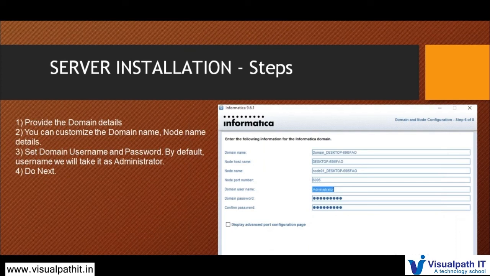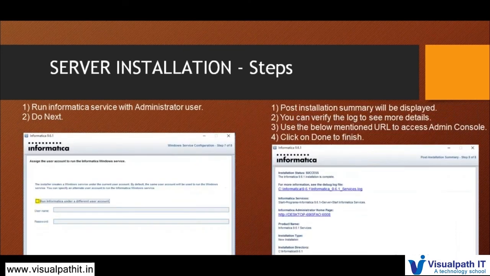So we will be providing the username and password so that user can be accessible on that domain. Whatever domain you are creating, that domain will be accessible with this username. Usually it would be your administrator during installation, right? Once we have done with this step, the next step would be run Informatica service